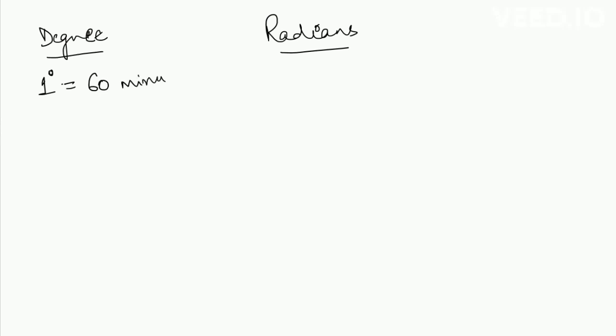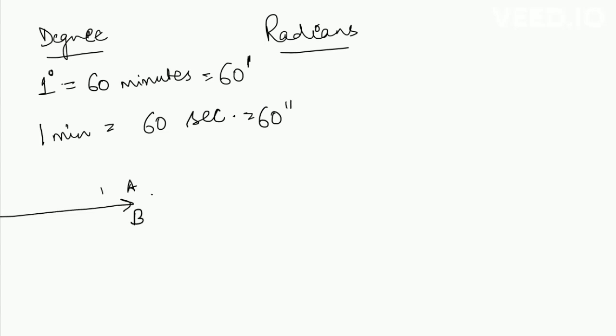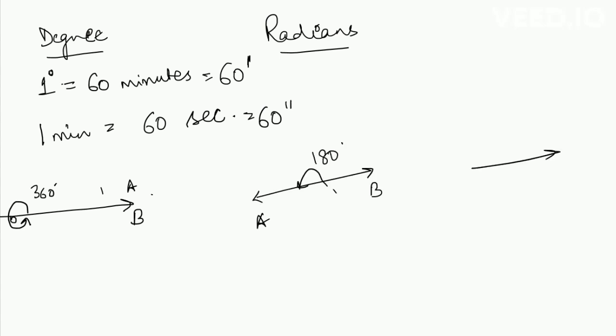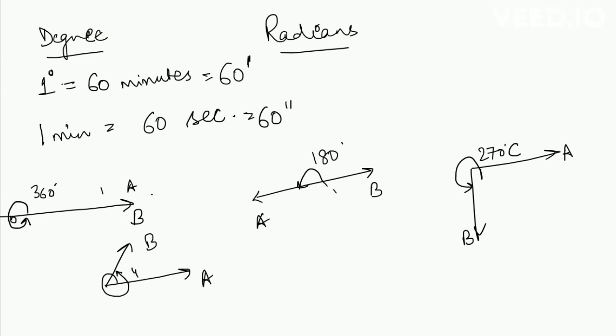So let's know how to compute degrees and how to compute radians, where degrees and radians are both a measure of an angle. So 1 degree is 60 minutes and 1 minute is 60 seconds. 60 minutes can be written as 60 single hash, where 1 minute can be written as 60 double hash. I have drawn multiple angles over here where you can see 360 degrees is the full angle, 180 degrees is the half angle, 270 degrees is 360 minus 90 degrees, and so on, where I have shown a negative angle also.